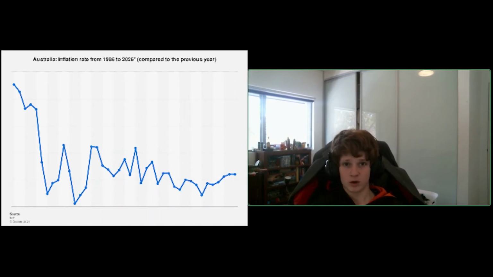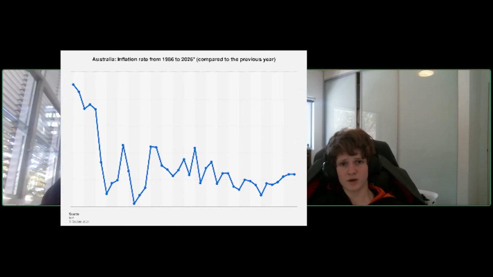This has actually negatively affected workers' wage growth because the price of goods and services are staying at a low level, which means that there's not really a need for workers to demand higher wages, which as a result has resulted in less wage growth throughout Australia. One potential way you could fix this would be to increase the inflation, which would then increase the need for workers to get higher wages, which would therefore, on a surface level, fix your problem. However, this also results in the price of goods and services going up, which is not great.